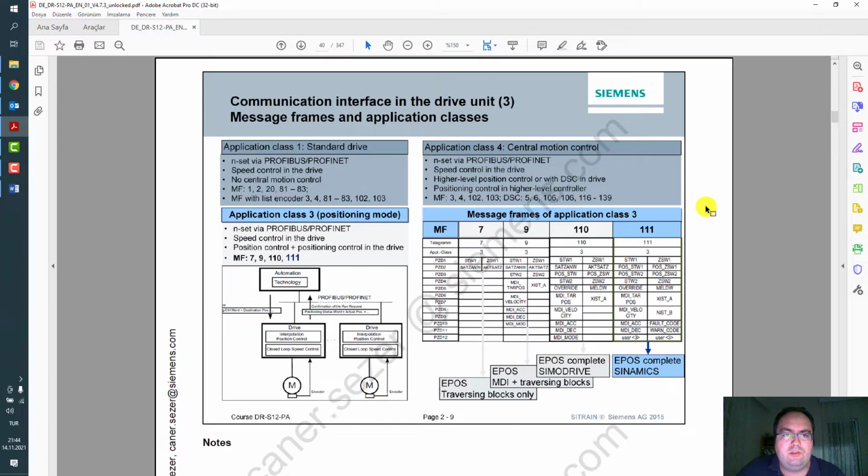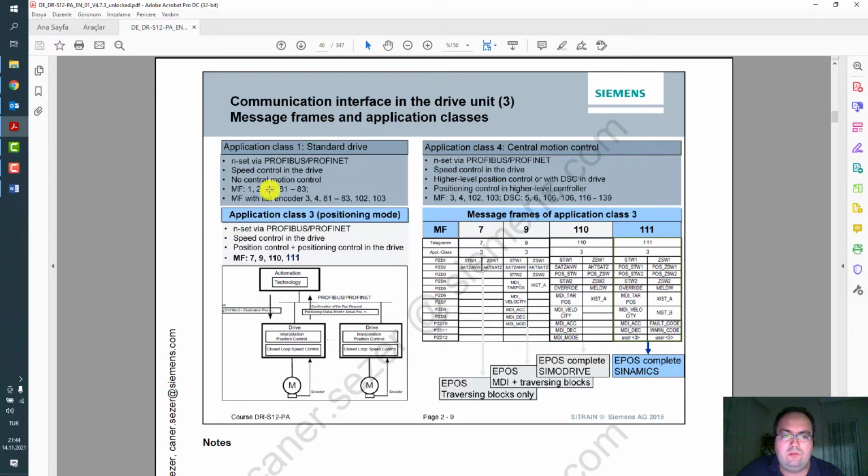Next page, message frames and application classes. Class 1 is the standard drive: speed control is handled in the drive, and there is no central motion control. There are some standard telegrams, 1 to 20, 81 and so on, used by all manufacturers like ABB and SEW.